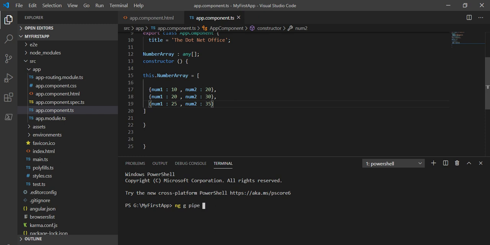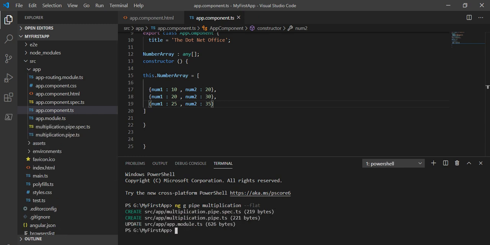I will give multiplication and a dash, and since we want this pipe created under the app folder, we use flat. Hit enter. It will create two files for us: one is the specification file and the other is the ts file.